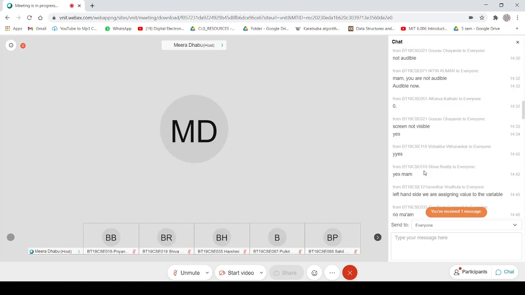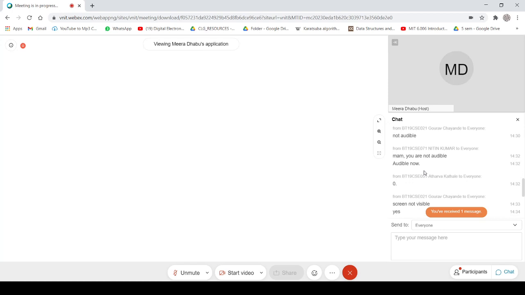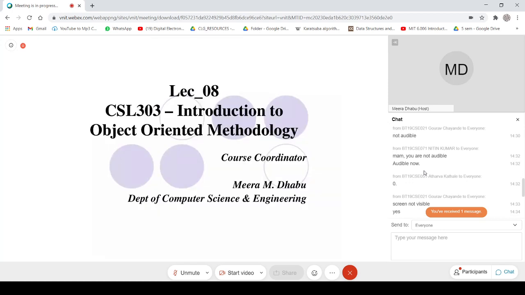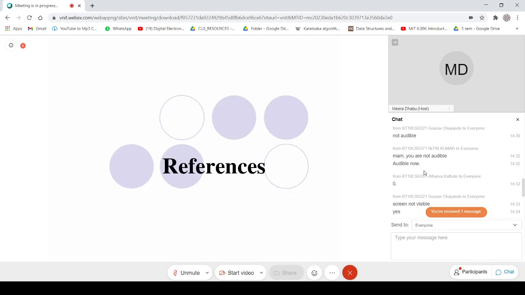I will be sharing that. So this special type of pointer is called a reference.